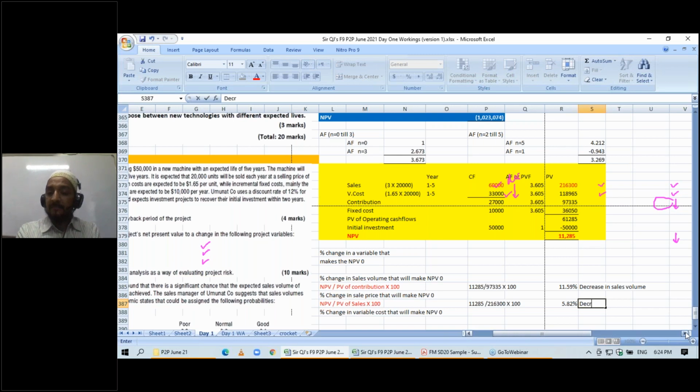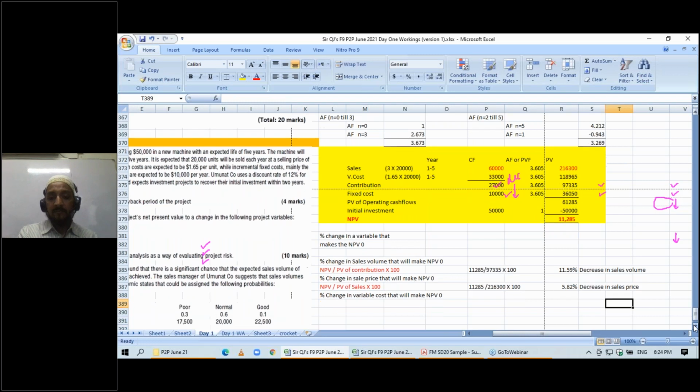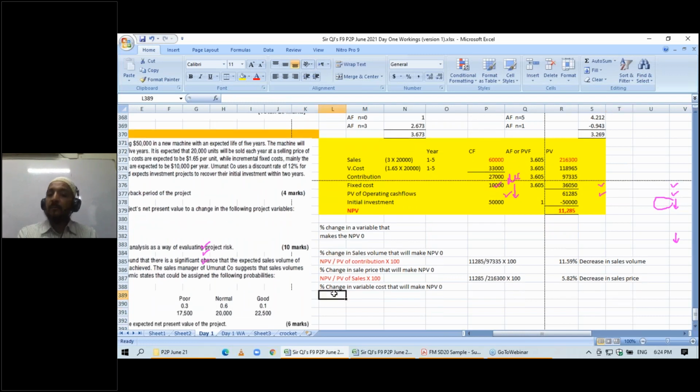So again, there is a decrease. A decrease in sales price up to 5.82% acceptable, not more than that. And you can calculate that amount as well. You can take 5.82% of $3 and deduct it from $3. So you will get the sales price. So you can calculate the price also by deducting 5.82% of $3 in order to arrive at the lowest price,